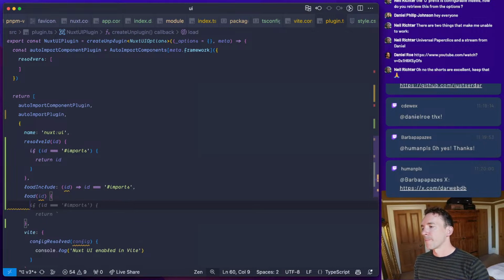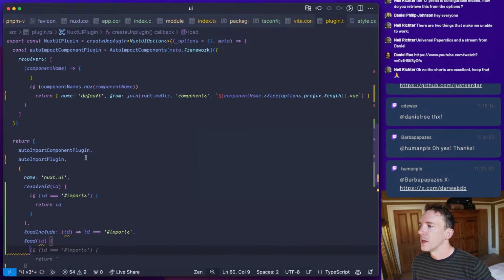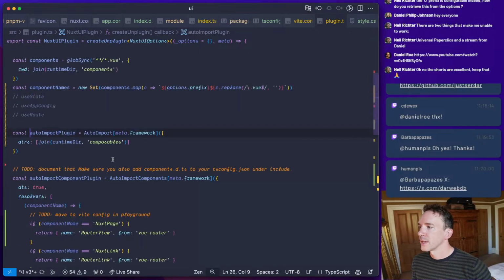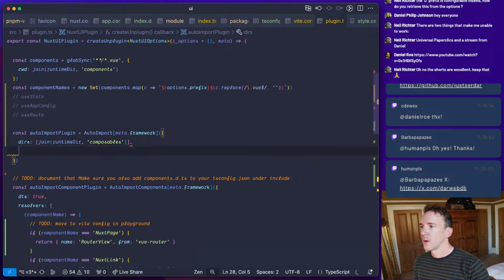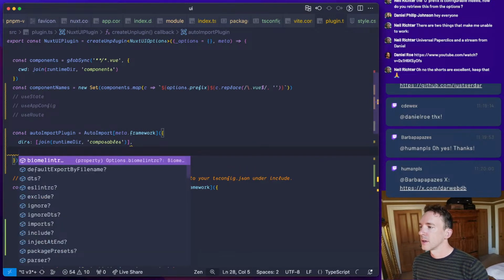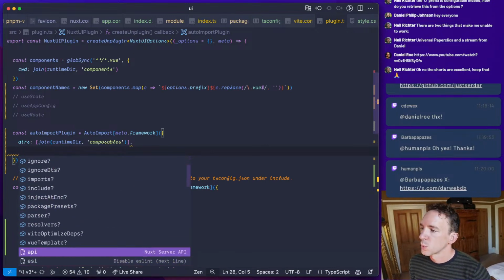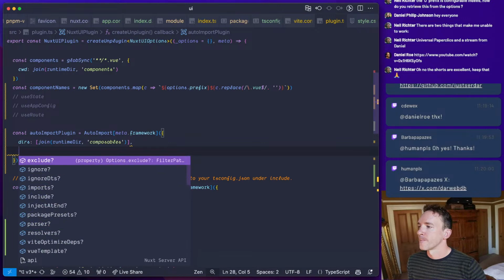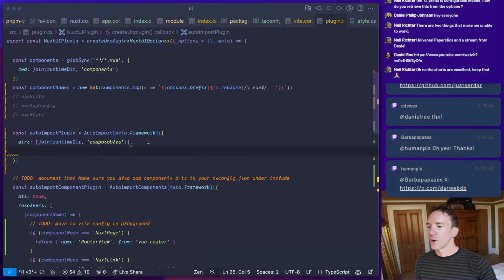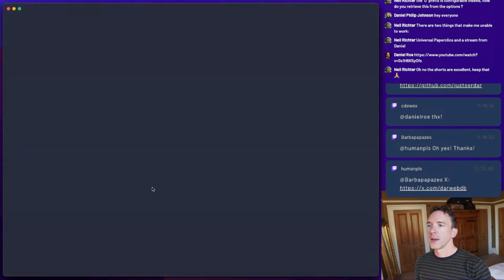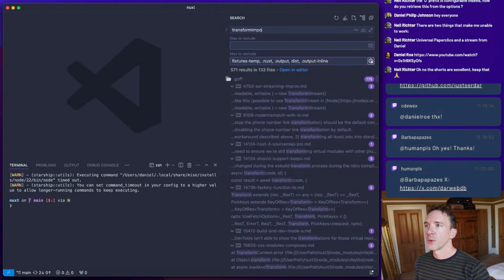So the thing is, auto imports could probably transform it for us. I think it probably could. So before I finish writing this, let's just check. Because we have basically, that would be better. That would be more performant. Now, so we do that in Nuxt. We have transform imports or something like that.